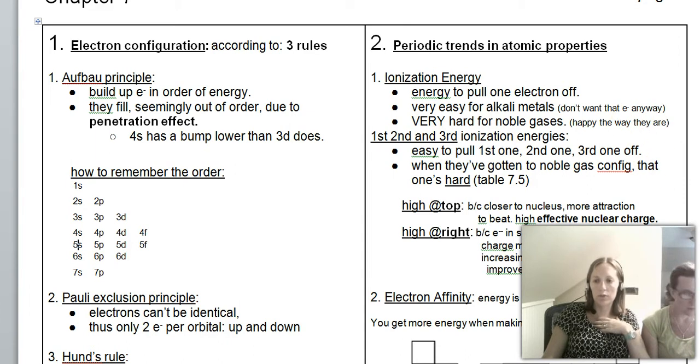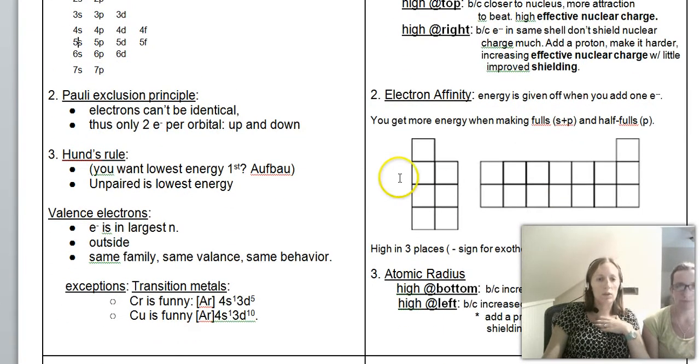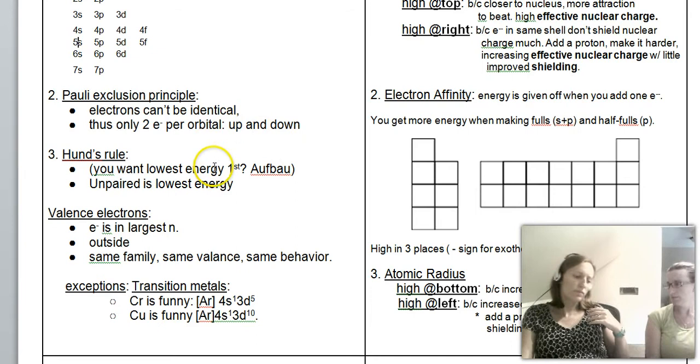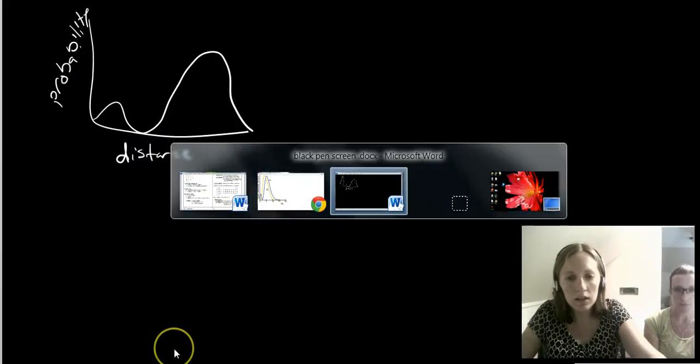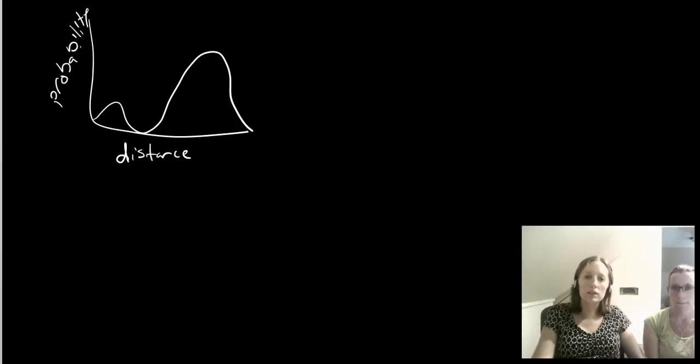All right, now for the next one, the Pauli exclusion principle. When you draw your electron configuration lines, you know how you can only put 2 electrons in each one. You can't put more than 2 into a single orbital. There's only room for 2. The Pauli exclusion principle says that you cannot have the same 4 quantum numbers for 2 different electrons. And so what that ends up meaning is